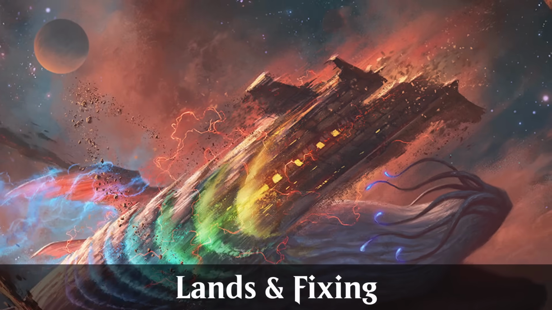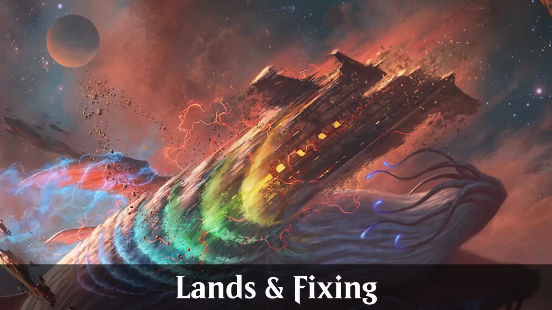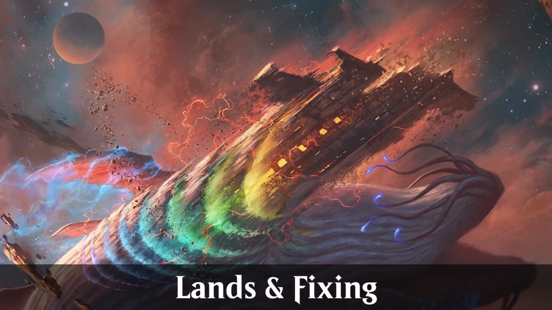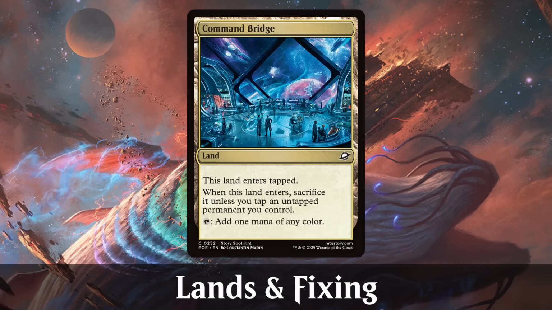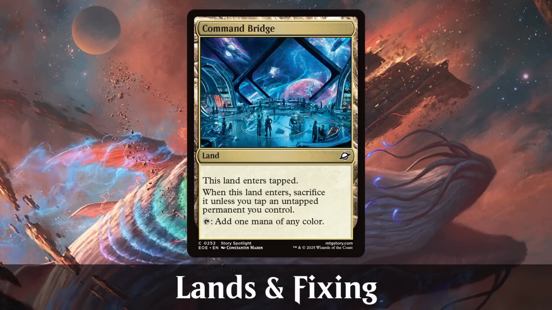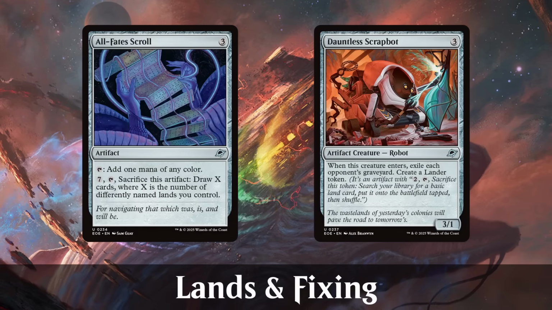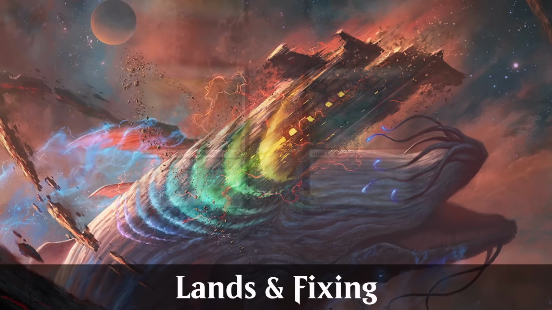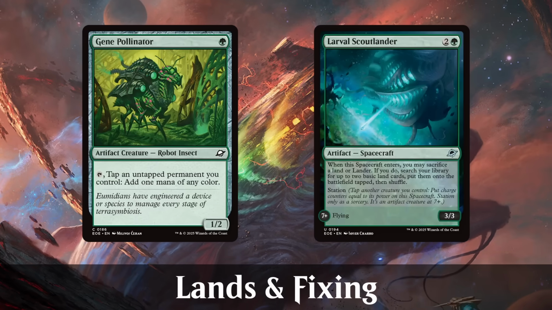Color fixing in Edge of Eternities is a bit of a vacuum, which is going to make deck building pretty interesting because there's a lot of overlap between the different 2-colored archetypes. So there's no dual land cycle at all. Command Bridge is the only land we get at common to use across the different archetypes. There's a few scraps to be found in the artifact slot, such as All Fate Scroll and Dauntless Scrapbot, and green gets a few good tools too, including Gene Pollinator, Larval Scoutlander, and a lot of other cards that can